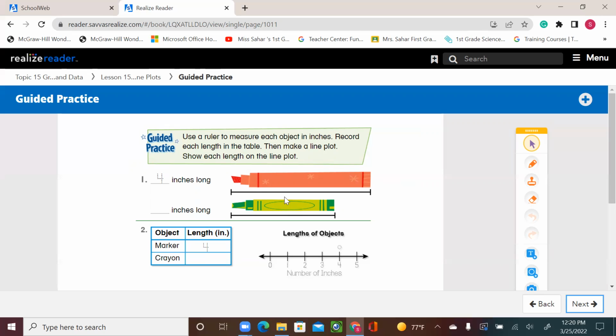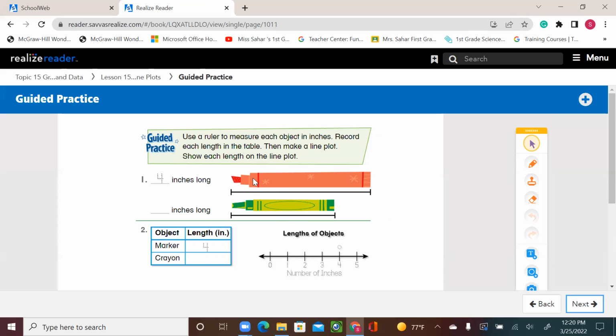So these are the objects that we're going to measure using your ruler. The first crayon, or the first object, is 4 inches long. And then the second one, if you have your ruler, you will be using the inch part and you will record your data, or the information that you find. I can see and assume that the green crayon is shorter than the red one, and it could be like 3 inches. But again, you're going to get the accurate